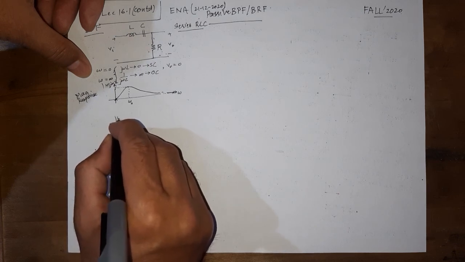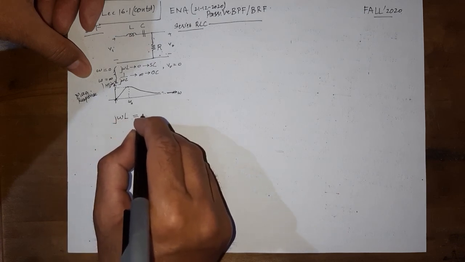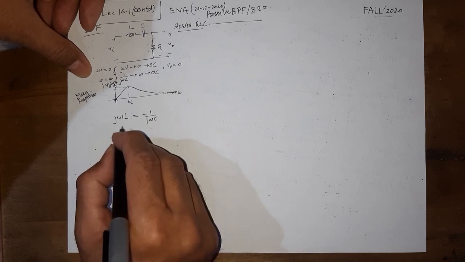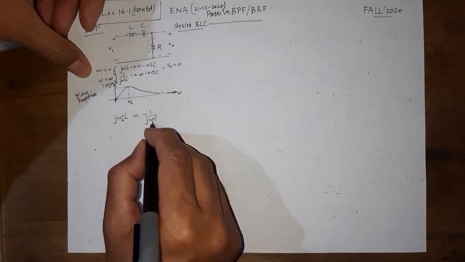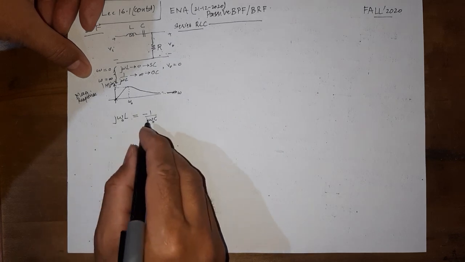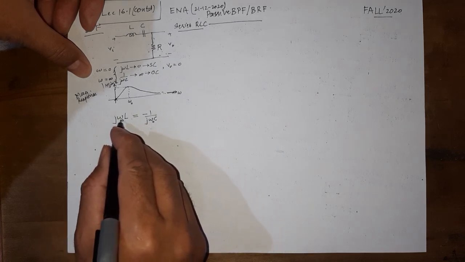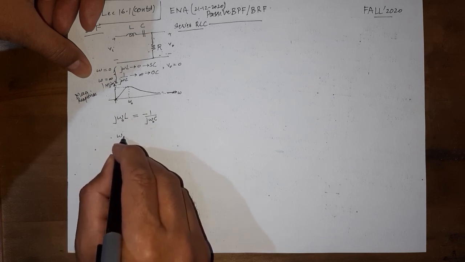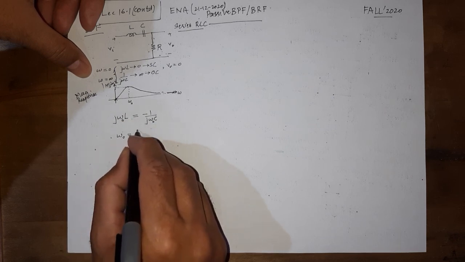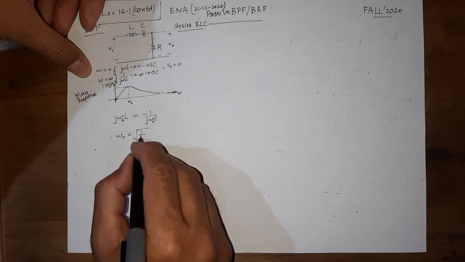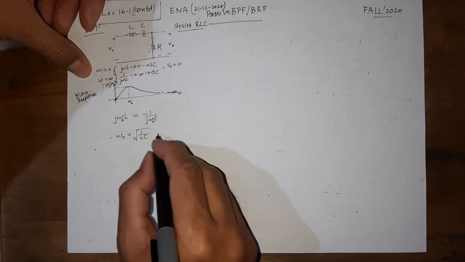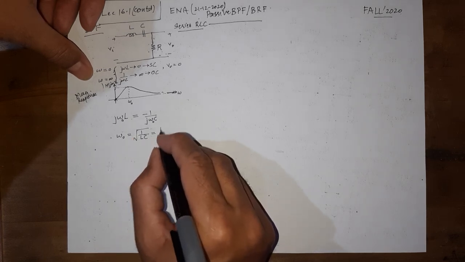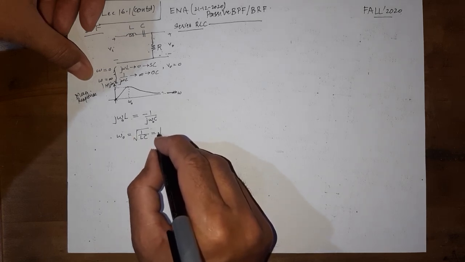That is, j omega L is equal to the negative of 1 over j omega C. That omega is known as this omega naught. And you can very easily see this j can go to here, j becomes j square, which is minus 1, minus minus cancels. And this omega naught is equal to plus minus square root of 1 over LC. But we know that we don't take the negative value because L and C are positive values,